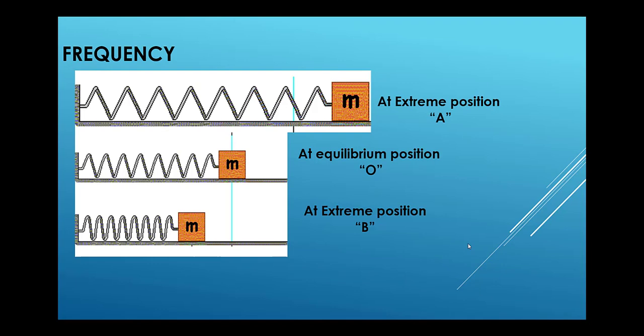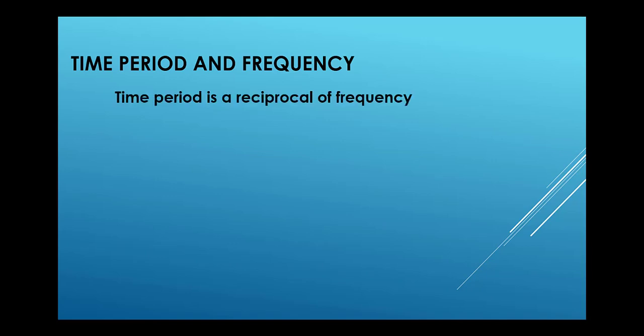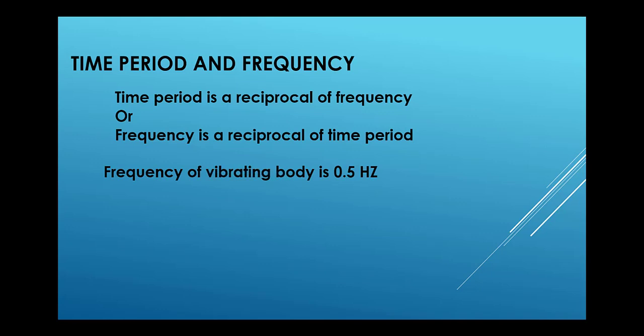Now we are going to relate time period and frequency. Time period is the reciprocal of frequency, or frequency is the reciprocal of time period. Let's suppose the frequency of a vibrating body is 0.5 Hz. What does that mean? The vibrating body is completing half of its vibration during 1 second. So how long will it take to complete its vibration? The time required to complete one vibration will be 2 seconds, because it is completing